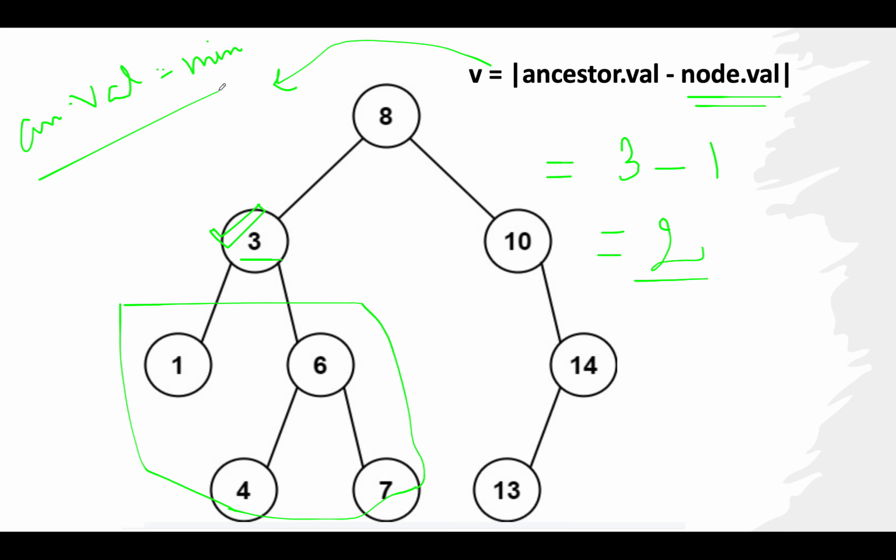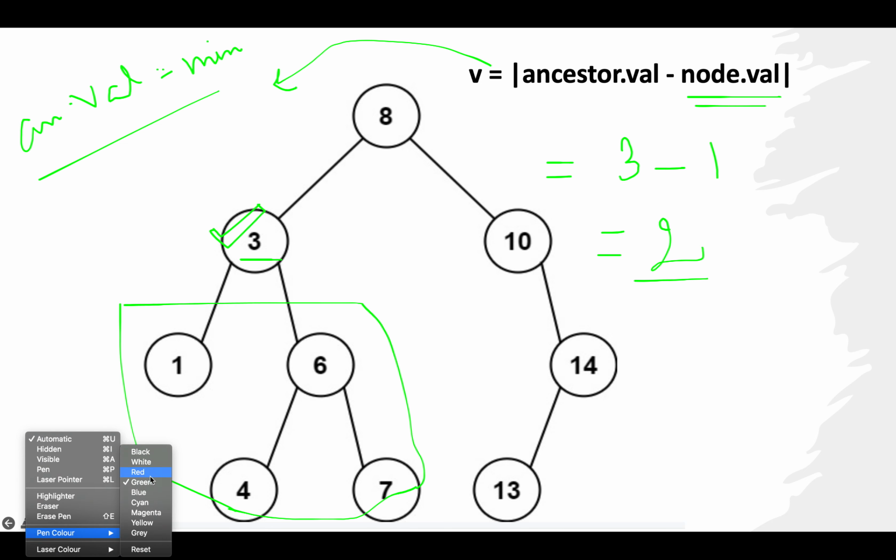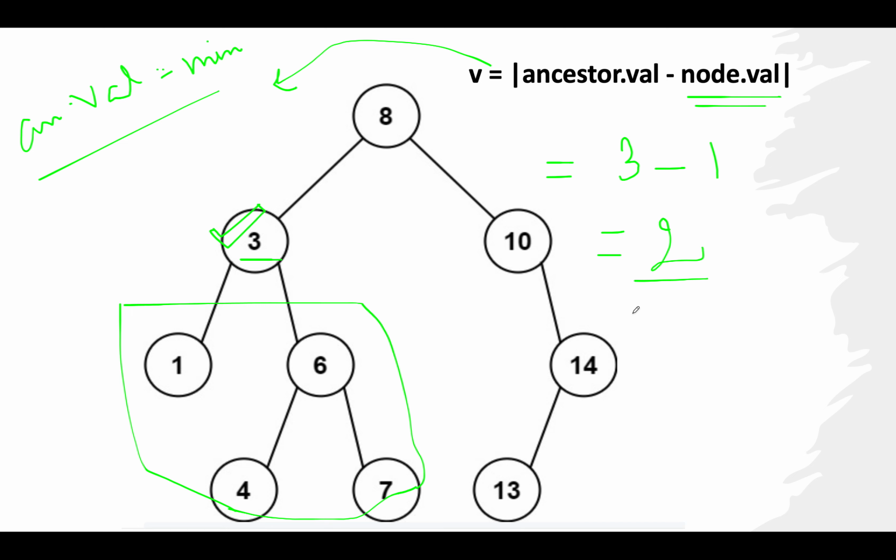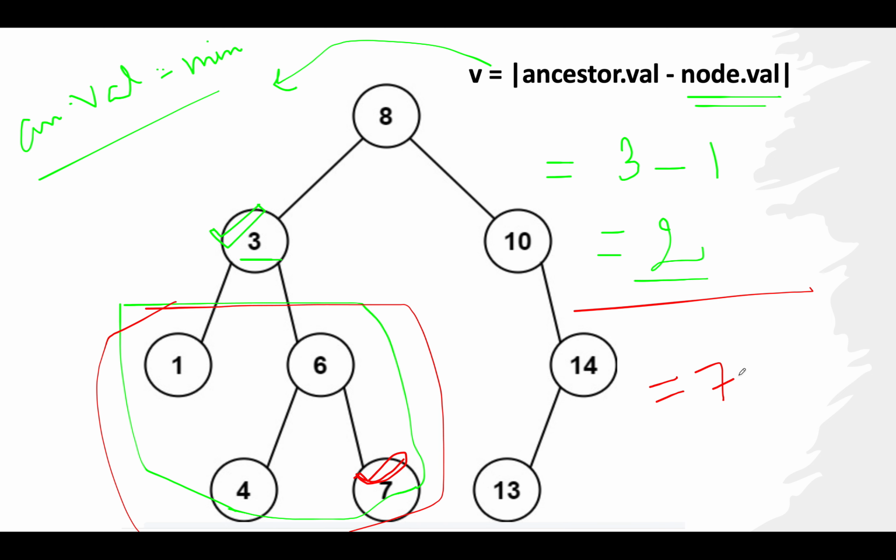Is it all? No, it's not. There's another possibility that exists as well. Let me just change the color of pen and let's take red this time. We are also interested in identifying the maximum value that lies below the current node. And what would be that value? The maximum value in these two subtrees is equal to 7, because that value will also lead to the maximum difference. So what is the maximum node that lies below 3? It is equal to 7. The maximum node that lies below 3 is 7, and the difference would be equal to 7 minus 3.